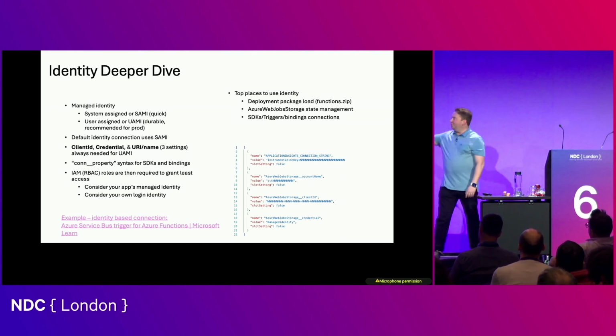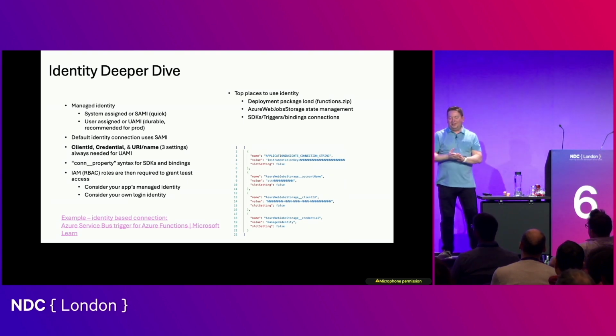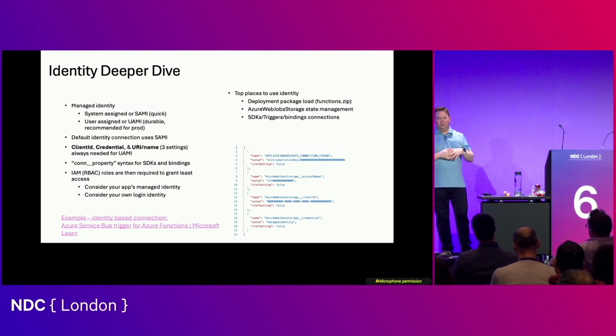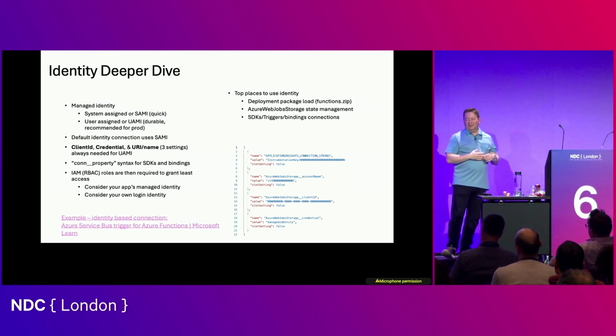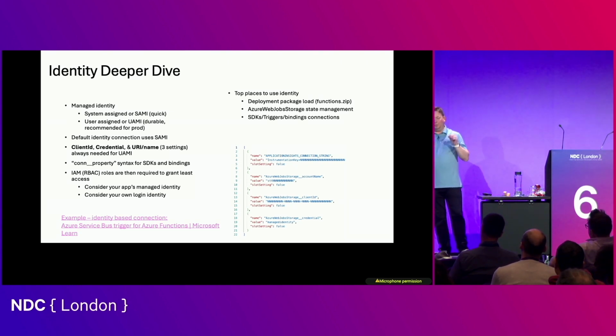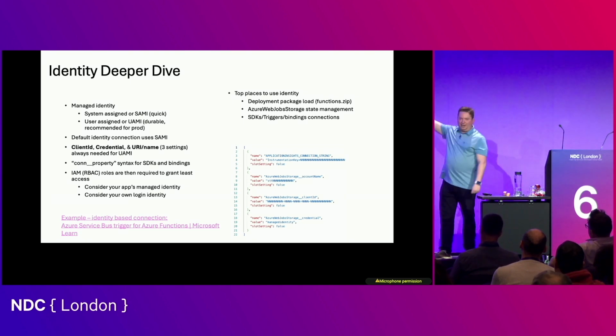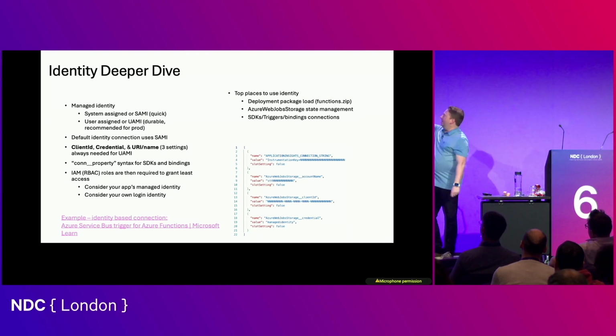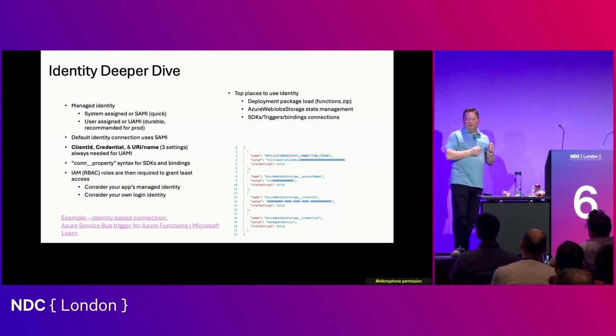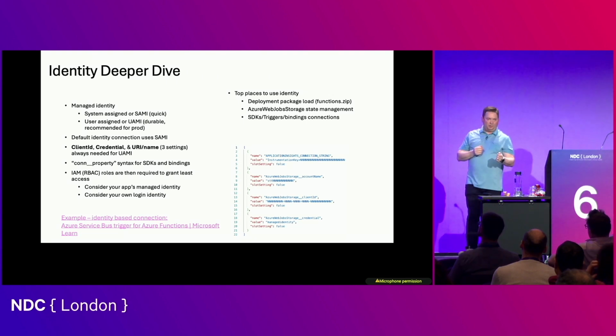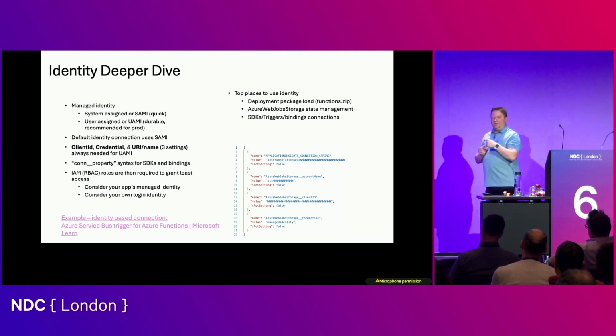A really important thing, and remember this when you're troubleshooting: if you're ever using the default identity in Azure or in a favorite framework like the Python SDKs or the .NET SDKs, when you use that default Azure credential, it will automatically default to system-assigned managed identity. That's just the way the frameworks work. And that's why I'm also saying for dev test, that's a really easy way to just be like, hey, I'm going to have my app do things with default identity. I'm going to have a system-assigned identity on the service. Things will just work. But if you're starting to use user-assigned managed identity, which again is kind of a best practice for prod, that default identity will always break.